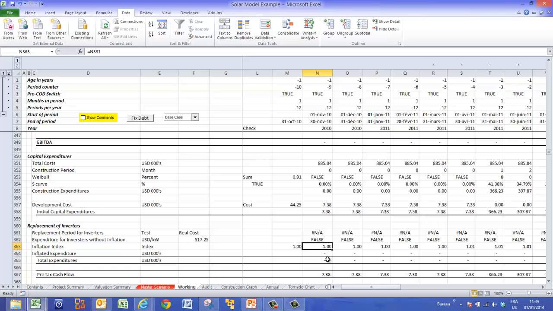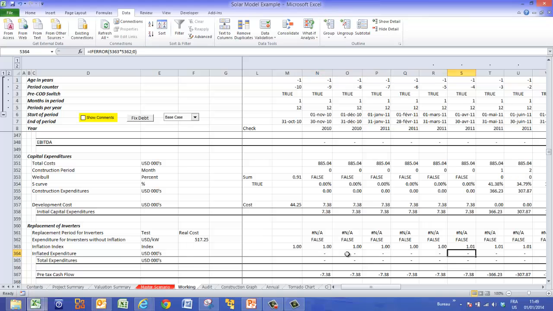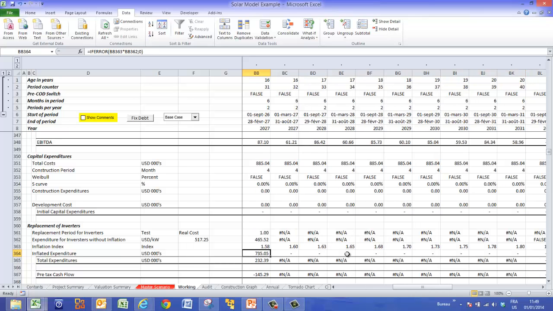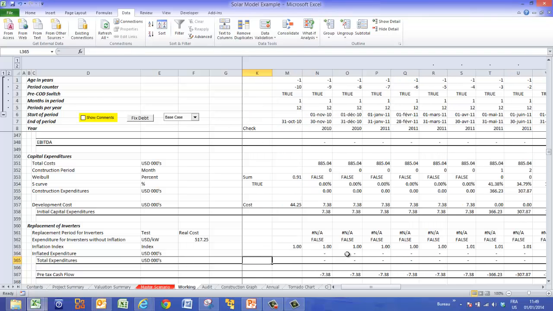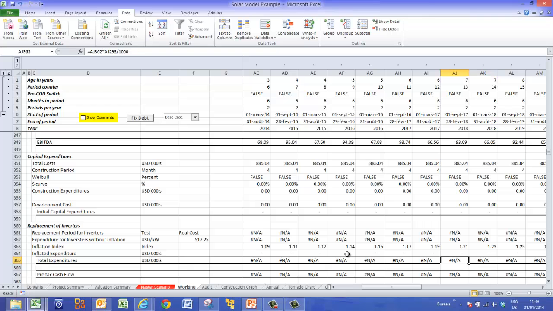Finally, I just repeated the inflation index. That's too boring to go over, and I multiplied the inflation index by the inflated inverter replacement, and I'm just putting an F4 on there. So I hope we have one inverter replacement in the base case. And our total expenditures are going to be the,